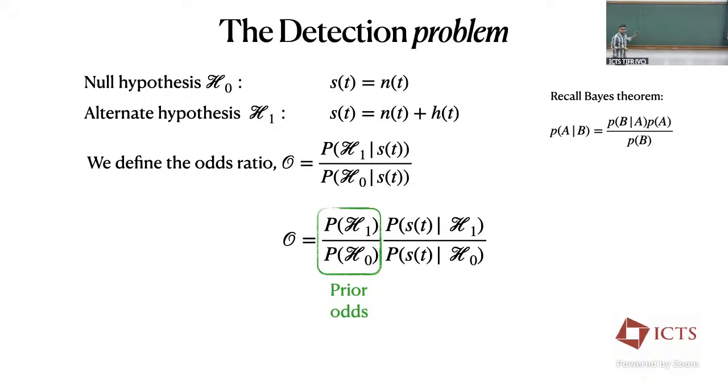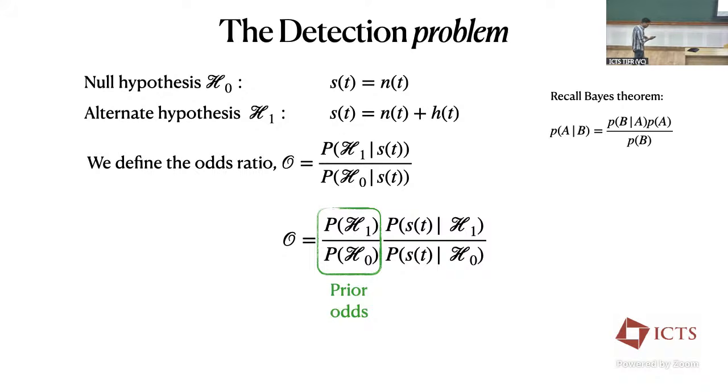As an example, Ankur told you yesterday that there are only 300 seconds of GW signal that we have observed so far, given the observing run of 10 to the power 8 seconds. So this ratio becomes 300 by 10 to the power 8, naively, just roughly I'm saying, because for us to find a particular signal given a data chunk is highly unlikely. We are not observing gravitational wave events so frequently such that this number could have been higher. So this is